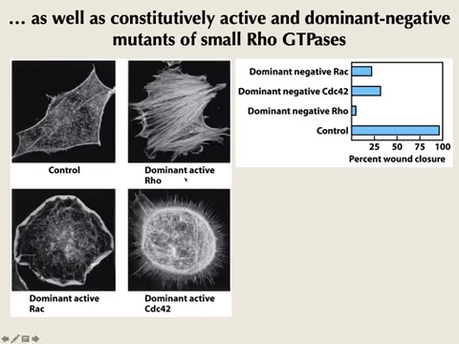And so the ones I call constitutively active are sometimes called dominant active, but that's the same idea. So here, overexpression of constitutively active forms of Rho, Rac, and Cdc42. The human genome and many vertebrate genomes have a lot more GTPases, like 17. But those were the three that have been the most studied and that seem to be doing a whole lot of activity. So you see here, you have,